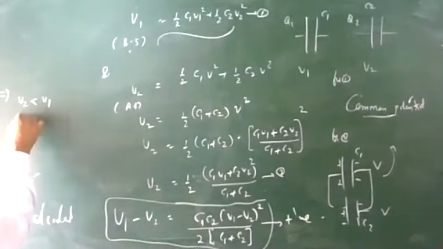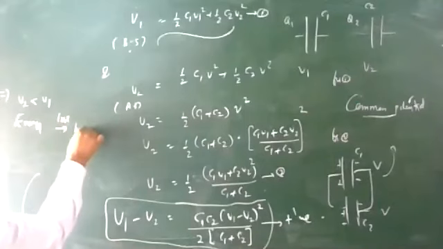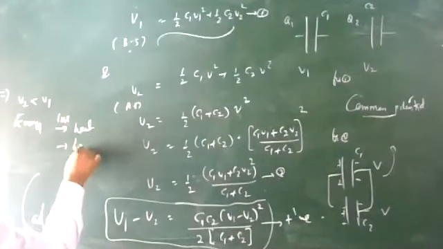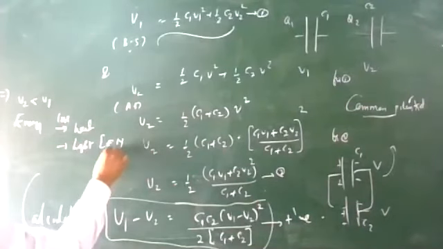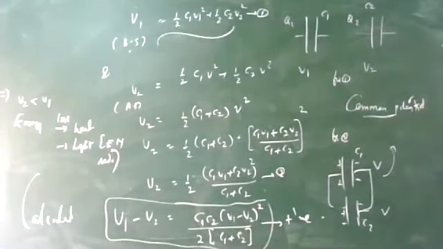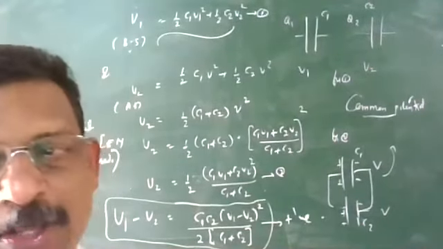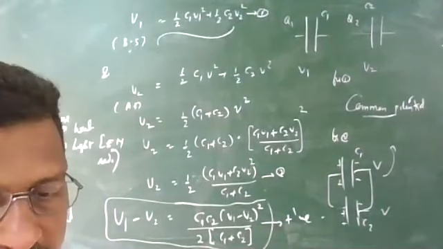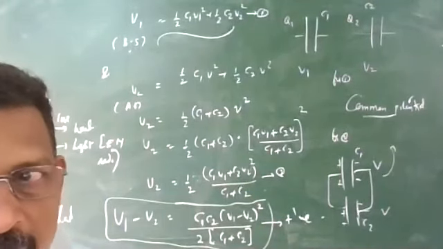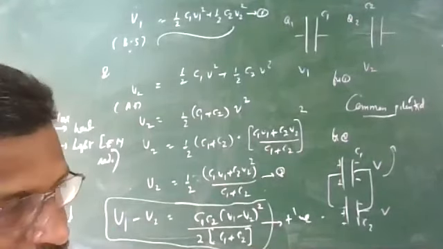Some energy is lost. Energy loss in the form of heat and light. They come under electromagnetic radiation. So energy is wasted when you connect these two capacitors with the help of a wire. Of course, some sparking is produced. Sparking means heat energy and light energy. So these are in the form of electromagnetic radiation, and you can see a numerical there. The NCERT solved them.